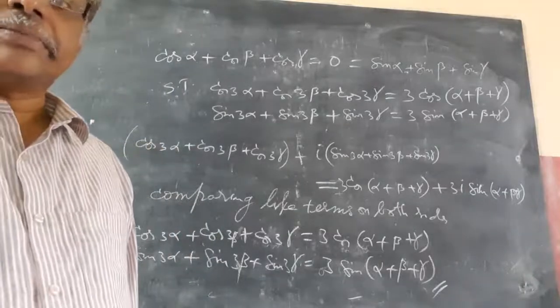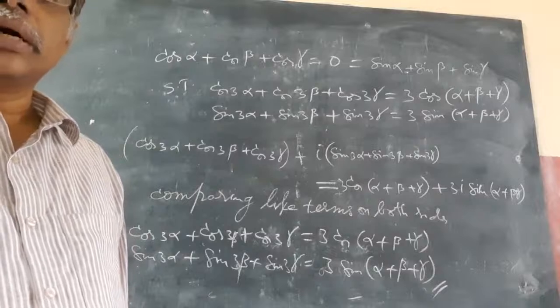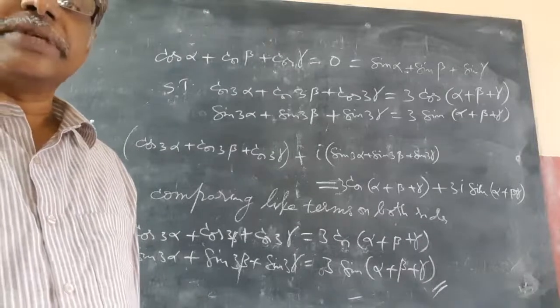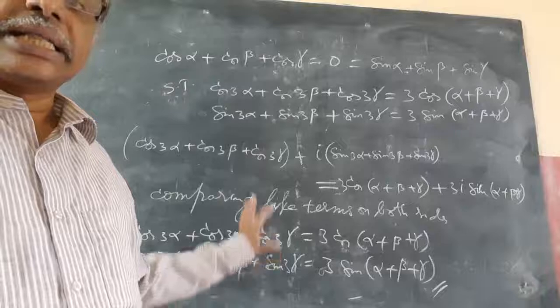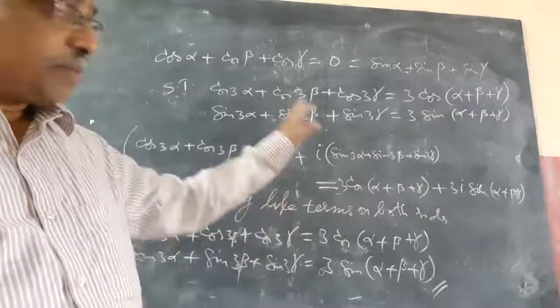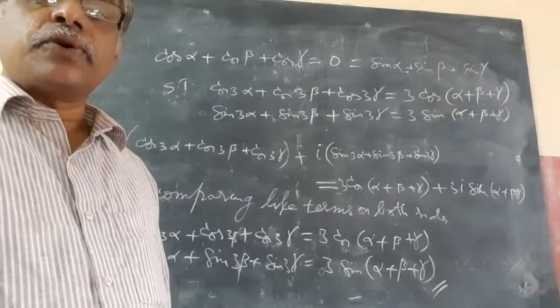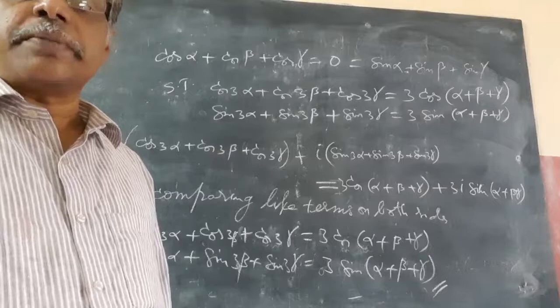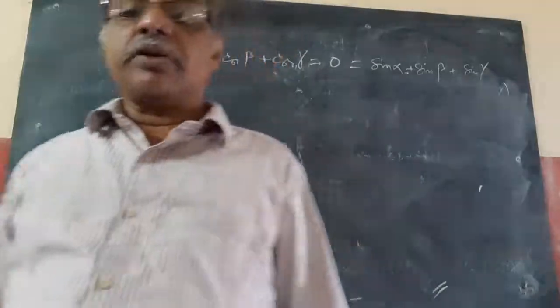Next, there is one more of the same type, we will do that. And very important, this sum is for 7 marks. Not only this, there are 4 types on this pattern, cos alpha plus cos beta and so on. So there are 4 sums, you do these 4 sums properly. Come on, one more sum of the same kind.